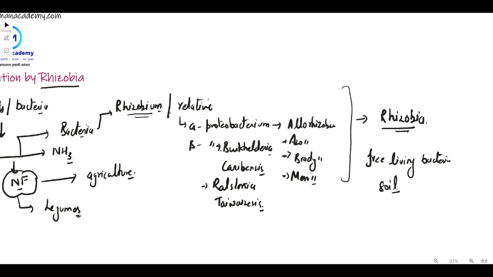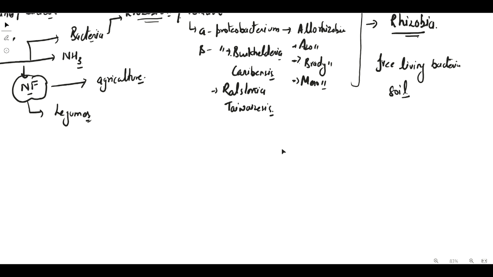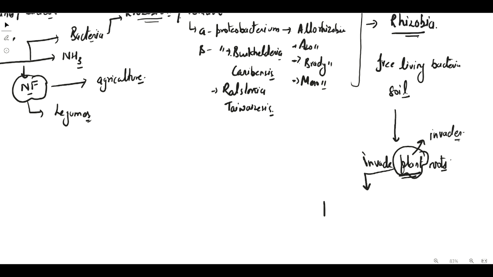These bacteria invade the plant roots, and for the plant they act as an alien invader. Since they are the alien invader, plants act against these bacteria. In response, the plant produces